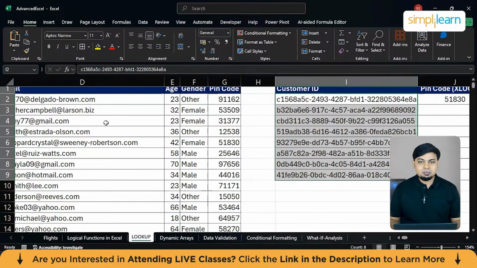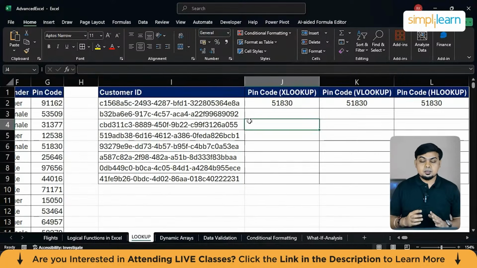This could be time consuming, and in real world scenarios, this is not at all accepted. So to save time, increase productivity and be accurate with your results, we have a couple of lookup functions in Excel. You can also go ahead with index match and everything, but to minimize complexity,